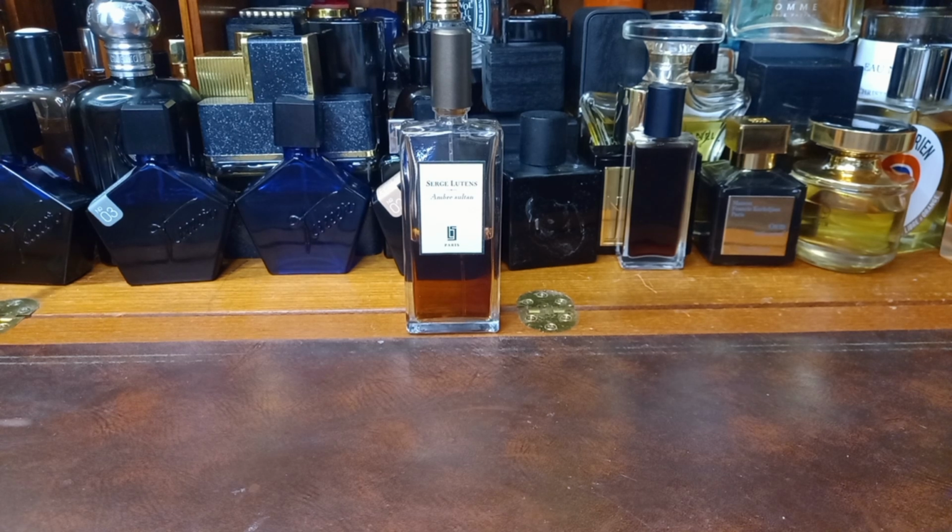I was a collector for years before I discovered niche and different designers. So I was basically just going to the same counters in the department store or the fragrance store and just picking stuff up, which is good, but it kind of limits your options. And as soon as I smelled this, my God,